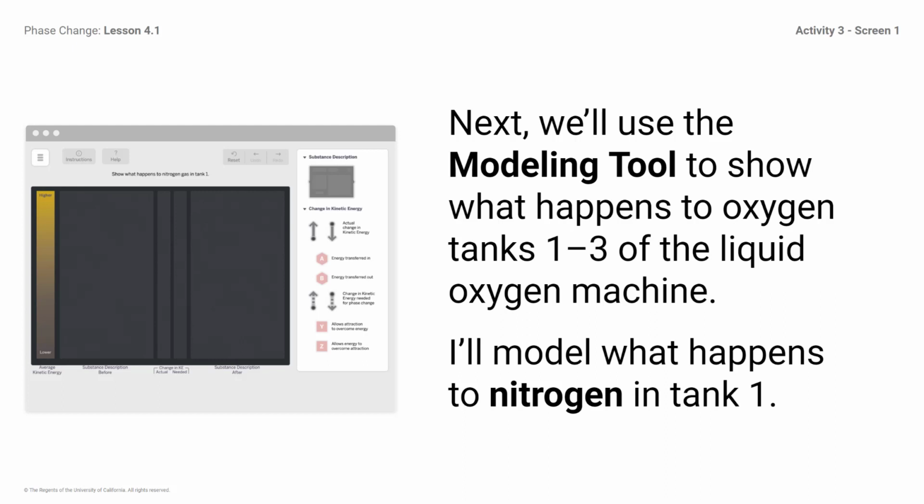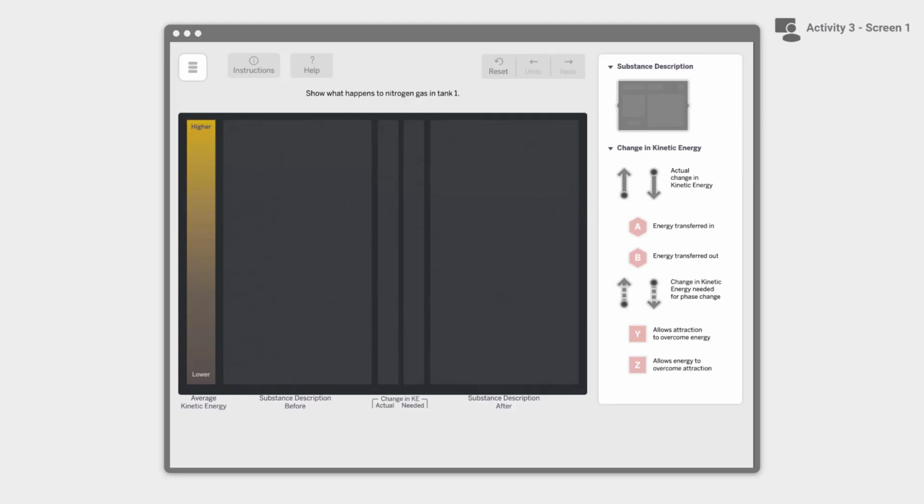Next, we'll use the modeling tool to show what happens to oxygen in tanks 1 through 3 of the liquid oxygen machine. I'll model what happens to nitrogen in tank 1. Follow along as we walk through the model together. Open the model nitrogen activity in the modeling tool, and we'll model what happens to nitrogen in tank 1 of